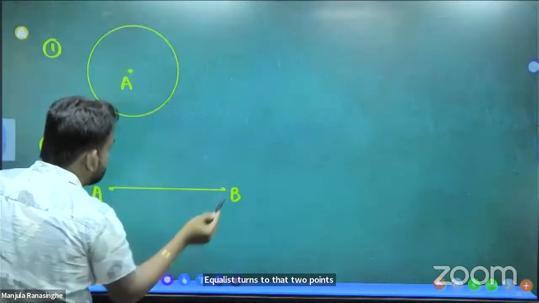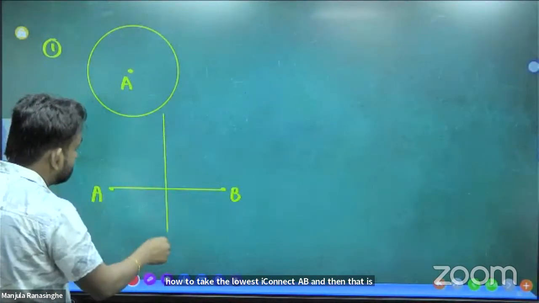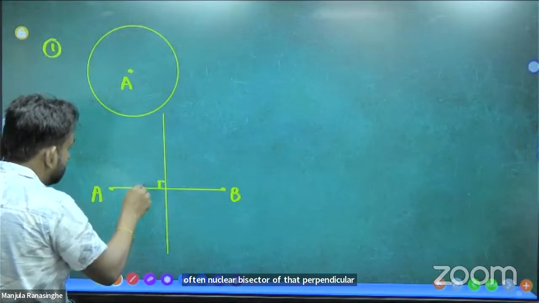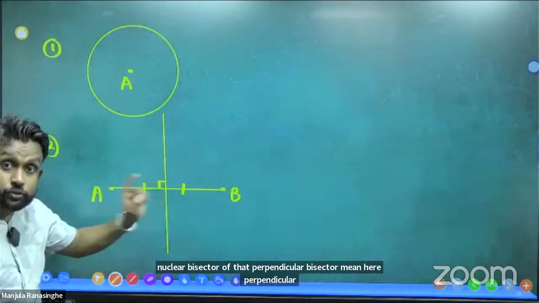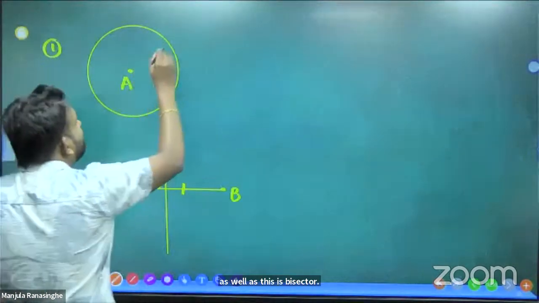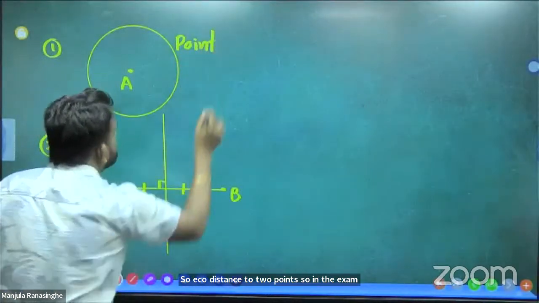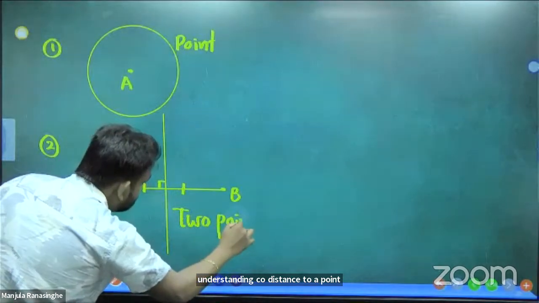I connect AB, and then that is the perpendicular bisector of that. Perpendicular bisector means here perpendicular as well as this is bisector. So equidistance to 2 points. So in the exam, understand equidistance to a point or equidistance to 2 points, or the other one, equidistance to